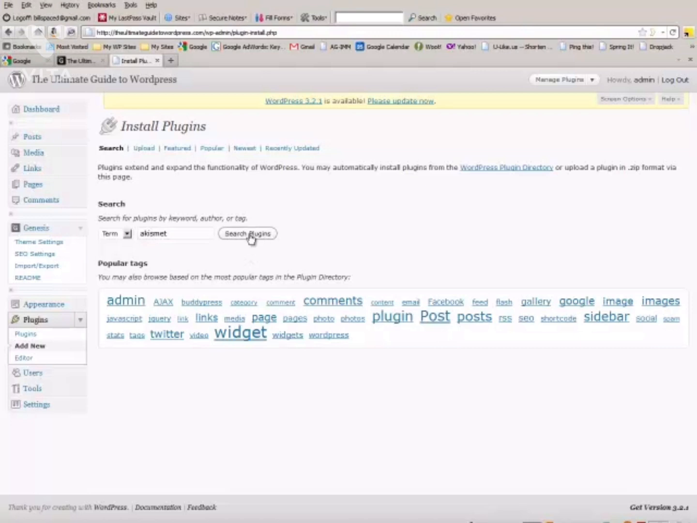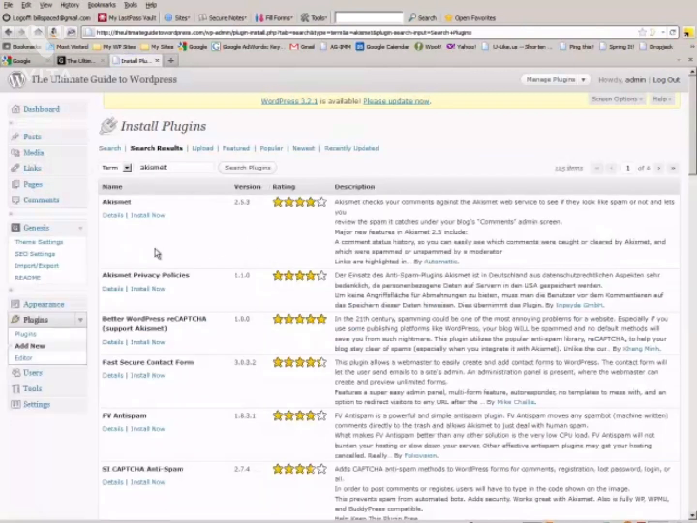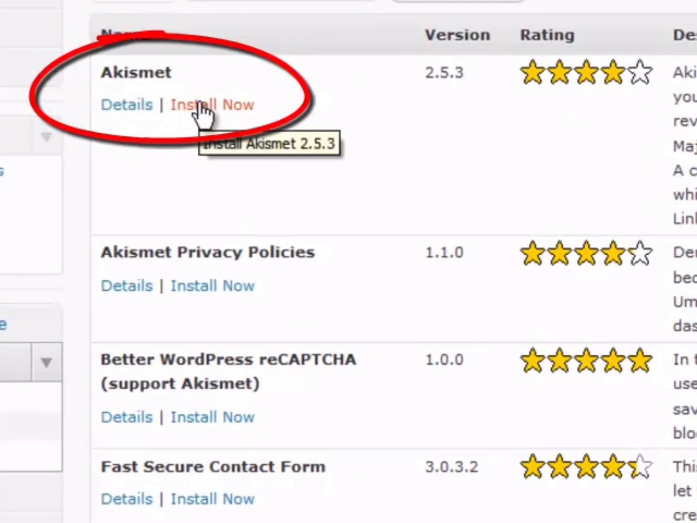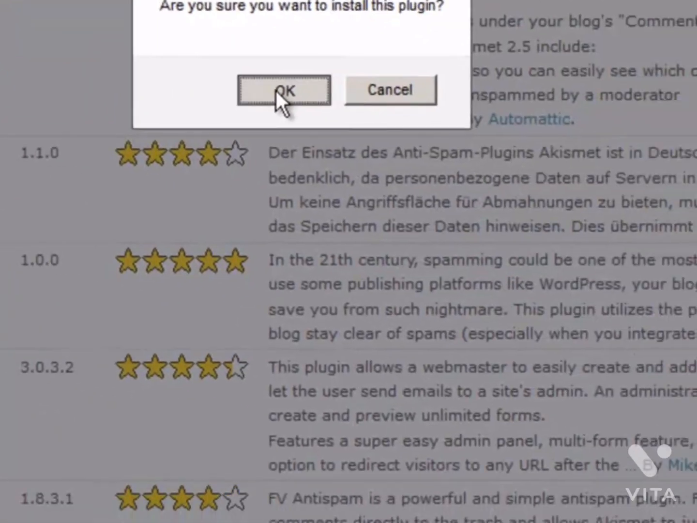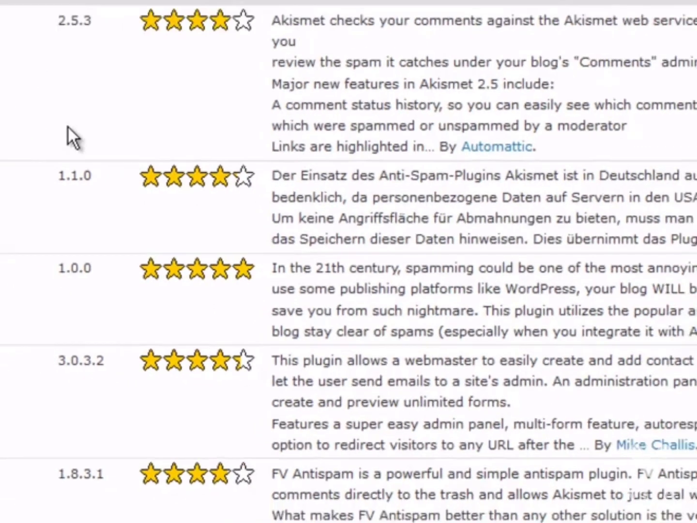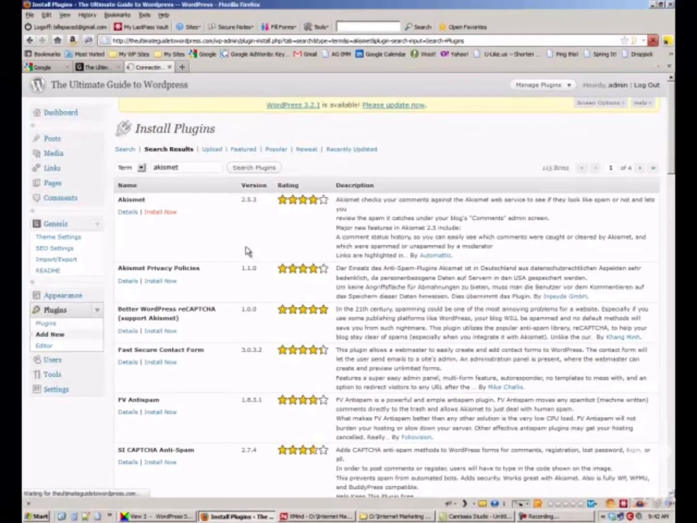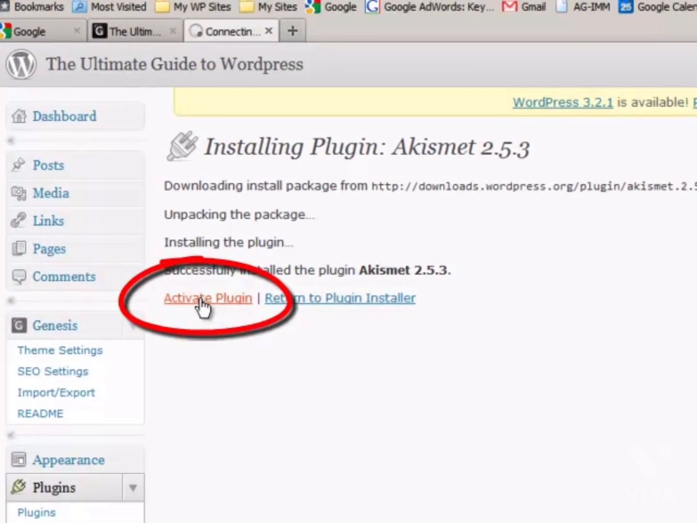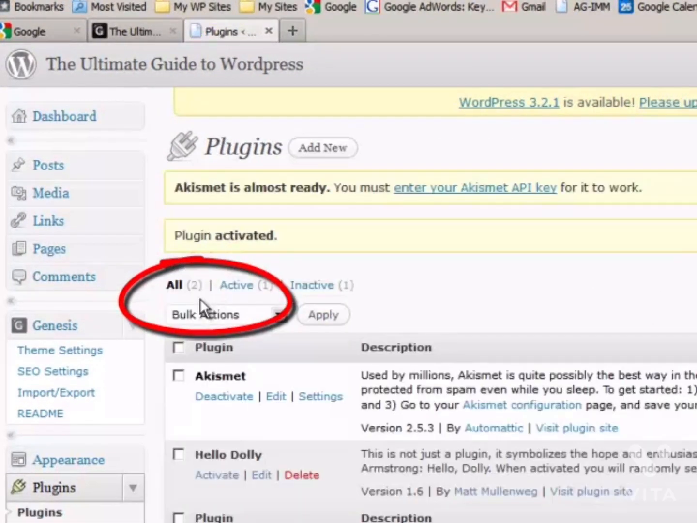so then you search plugins, and you find it here. You have two options. One is details, which will tell you more about it, or you can just install now. Install now and click on OK. Then you activate the plugin, and then you go to settings,